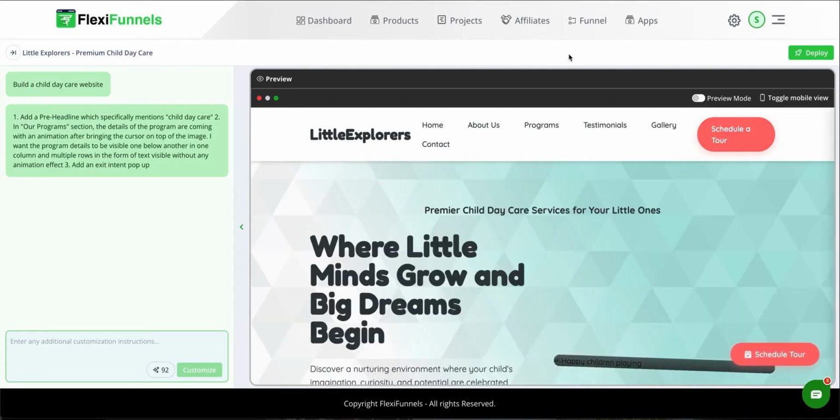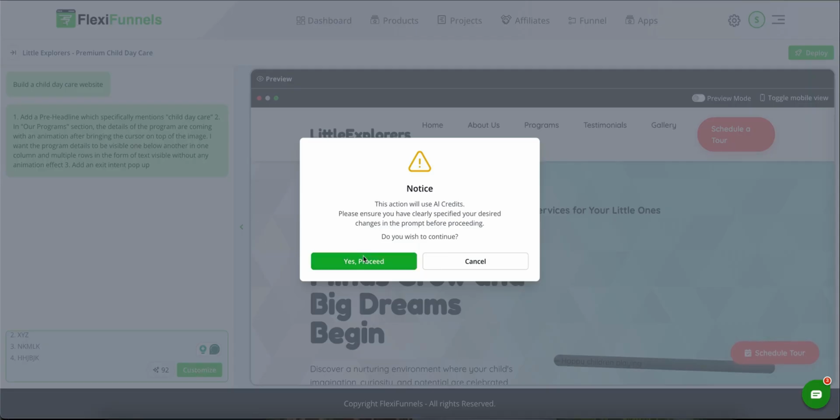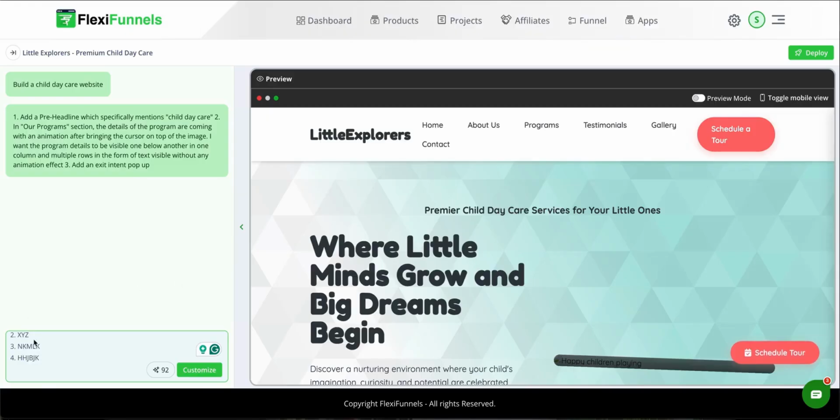The whole point is to be specific with your changes. So now if I want to make any changes, I'll do it like this. 1, ABC to, so shift and enter, right? And to XYZ, that's my first change, second change, third change, right? So whatever, fourth change. So whatever changes I want to make. And then I'll click on customize, I'll proceed, and then these changes are going to be sent to FlexiAI. All right,